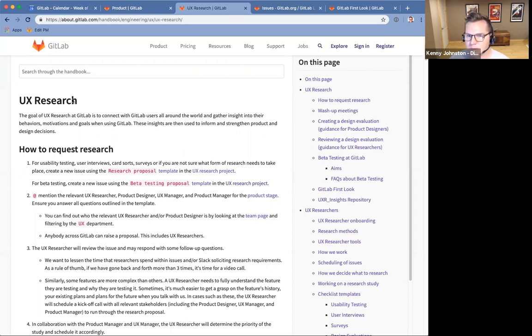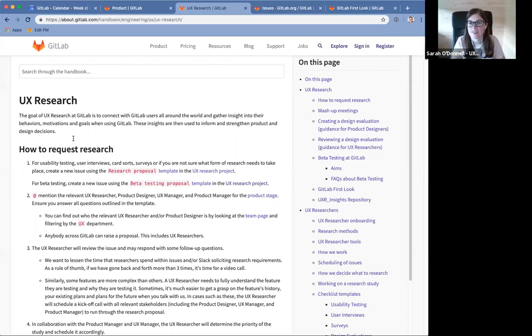Of course. So we have currently 3 researchers on the team. We have Catherine, who works over development, enablement, and growth. And we have Tally and Laurie, who work over ops, CI/CD, secure, and defend. And we are currently hiring for a 4th researcher who will work over development, enablement, and growth. So they're the people that you want to be reaching out to when you raise a